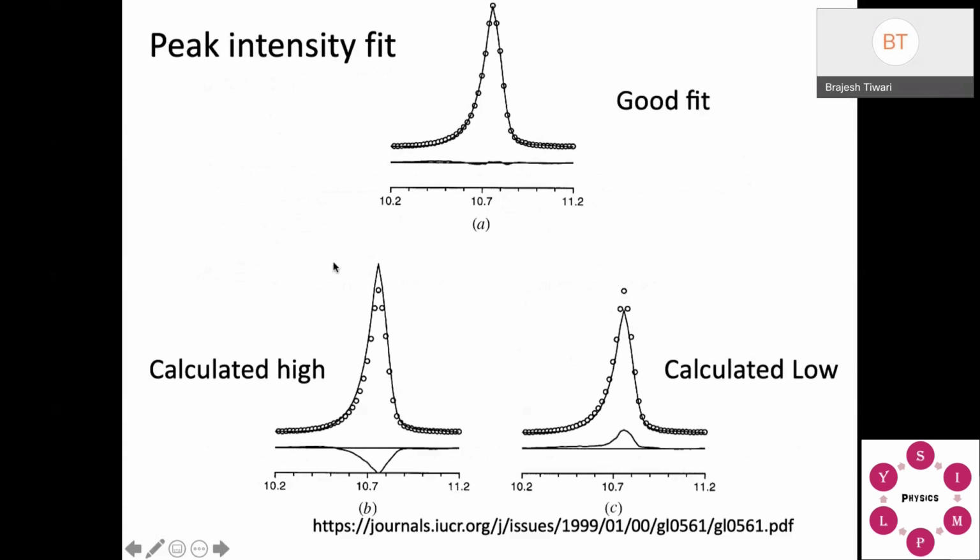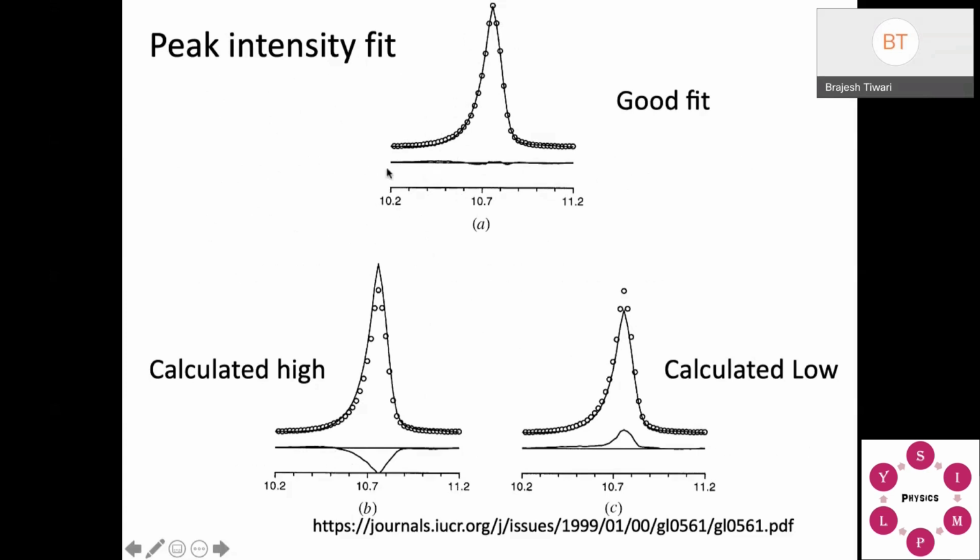So if you fit your data and zoom in to see some particular peak, and if your fit is very nice, the circles are the data and the line is the calculated data. Down below there are two lines: a baseline, one straight, and apart from that you can see this moving line.